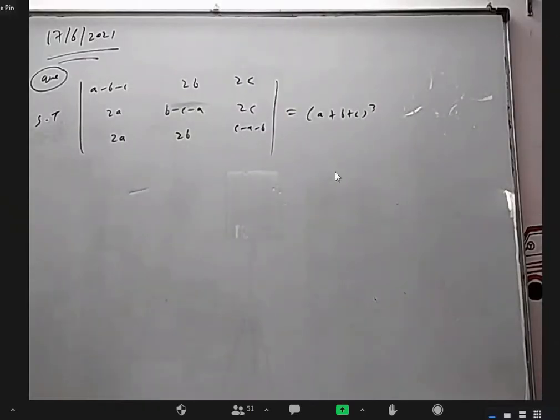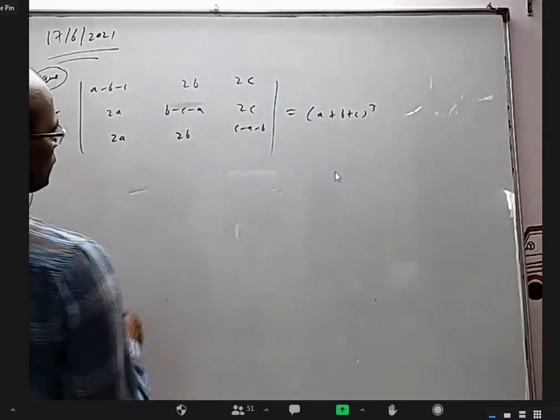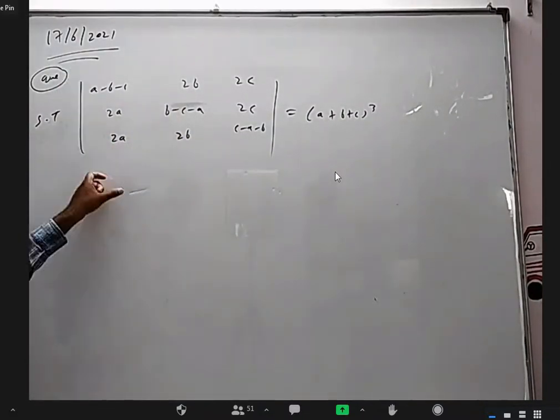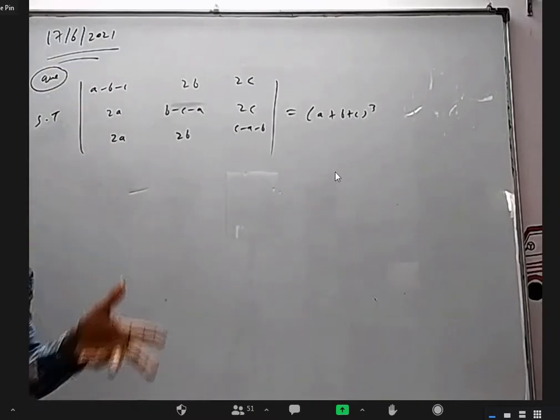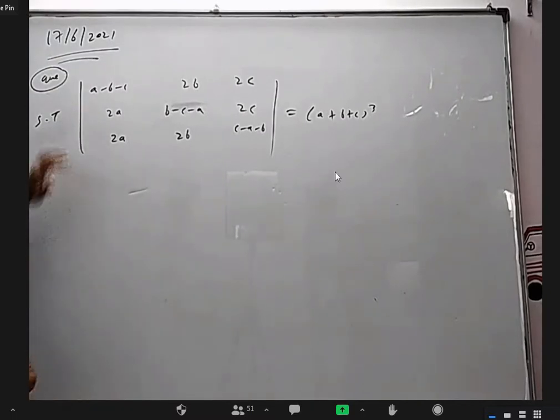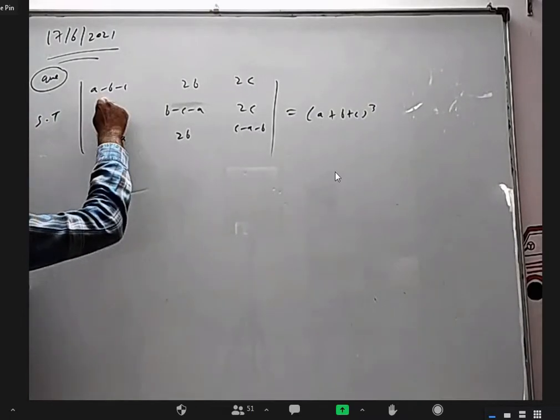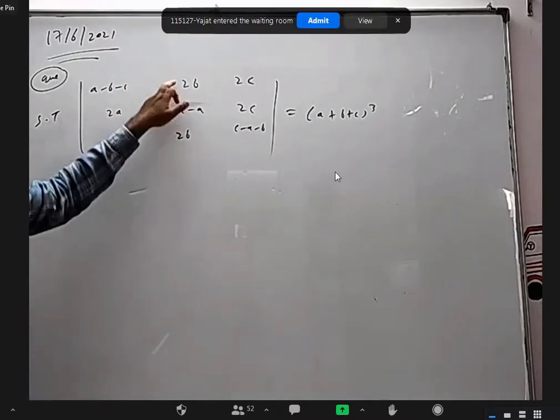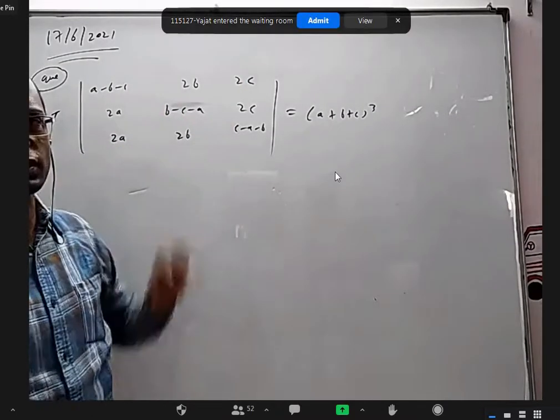Yeah, but here not one row is 1 or one column is 1. But when you add all the rows, you'll get the same thing, or when you add all the columns, you'll get the same thing, one of them or both of them. For this, if I add the rows, it is not useful, because 2A plus 2A plus this is 5A minus B minus C. Here I'll get minus A minus C plus 5B. Here I'll get 5C. That's not good.